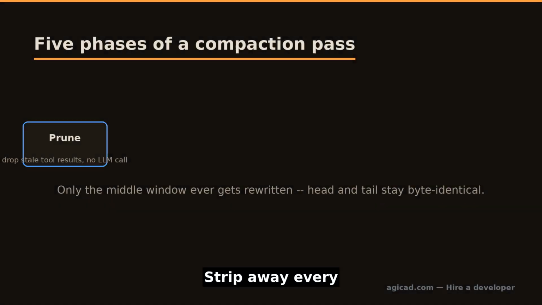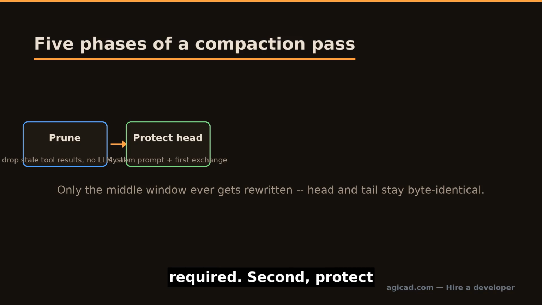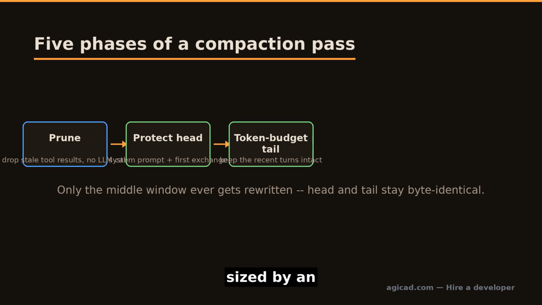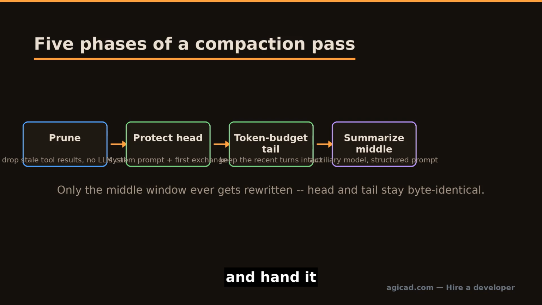Strip away every helper function and one compaction pass does 5 things in order. First, prune stale tool results for free, no model call required. Second, protect a head window, the system prompt and the first exchange, left completely untouched. Third, compute a tail window size by an actual token budget, not a fixed message count, so recent context always survives intact. Fourth, take whatever's left in the middle and hand it to a cheaper auxiliary model with a carefully